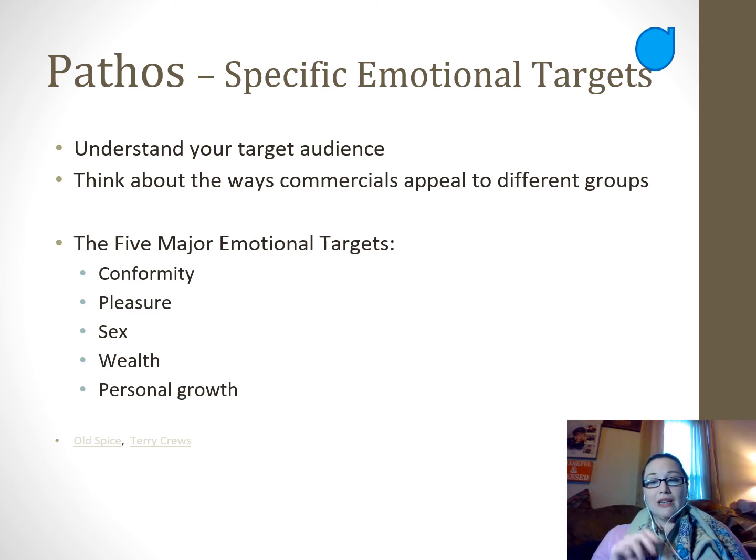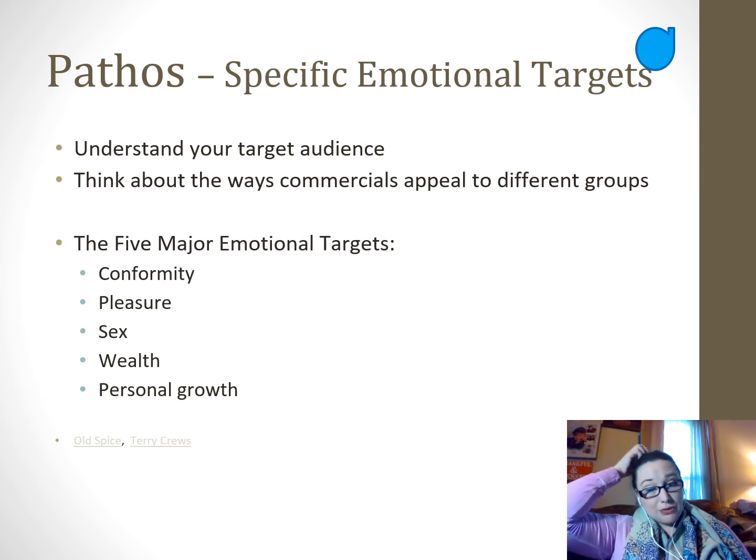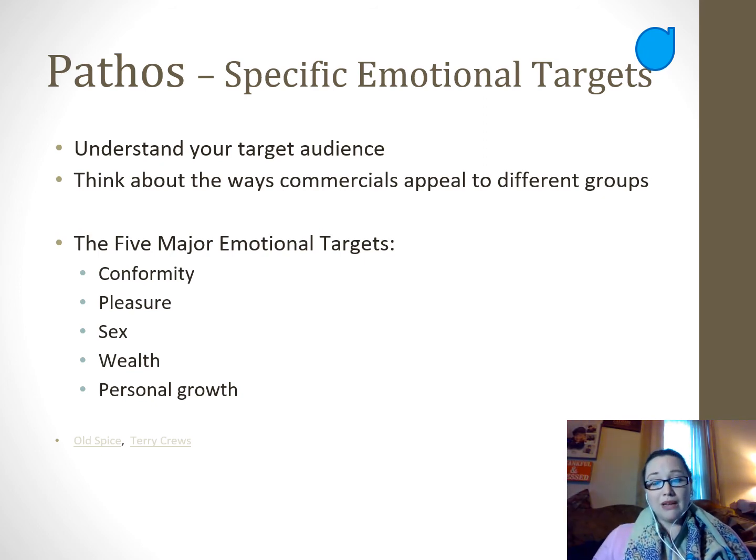We also have the target of pleasure. We all seek pleasure. We seek to do things that we like, go out and play ball, play games, go to the movies, just do things that we enjoy doing. There's always the saying sex sells, so that is another emotional target. We also have wealth. People like to accumulate wealth. They feel threatened when their wealth is threatened. That is another common target. And then personal growth, which is like self-actualization, becoming the best person that you can be.